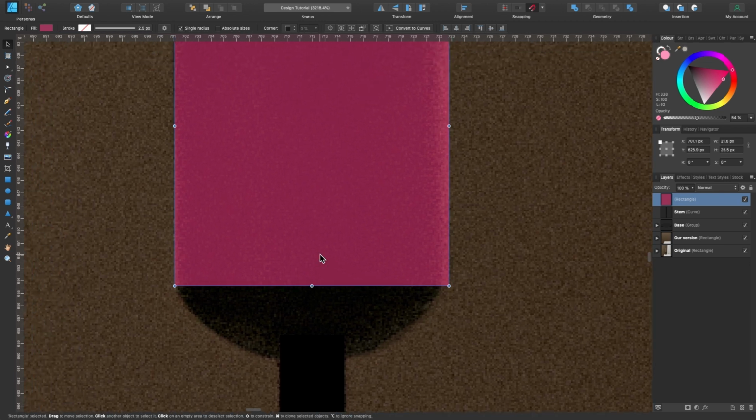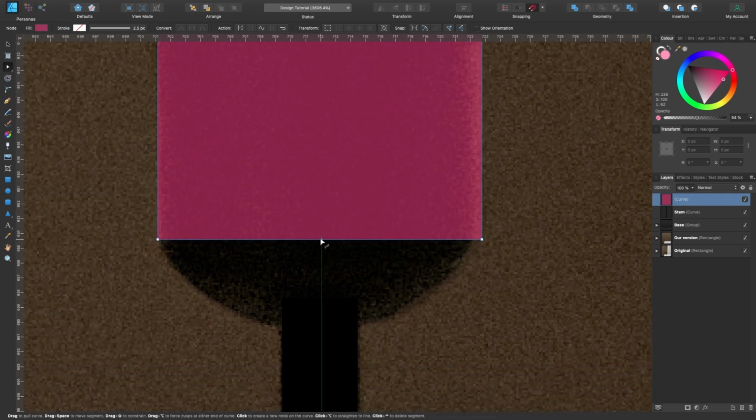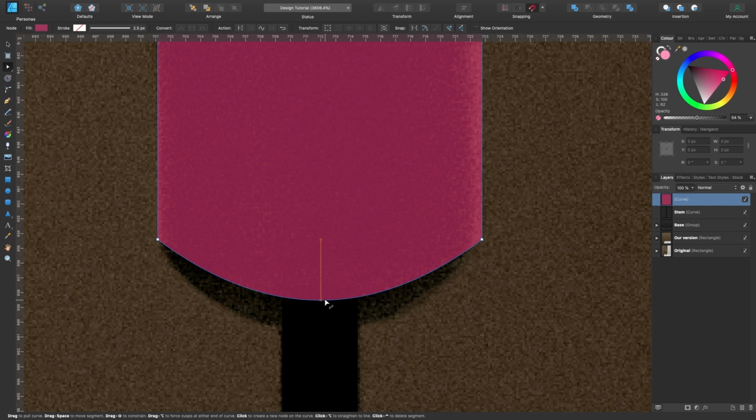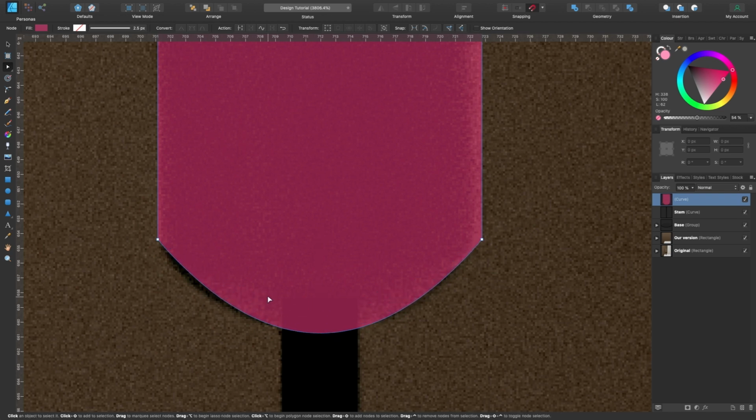And the next thing I'm going to do is click on Convert to Curves. Click on that and now change to the node tool, which is A. And here I'm going to go kind of to the center, and you can see it's kind of snapping. I can see it's the center of that stem. Zoom in a little more. And I'm going to click and drag down, but I'm going to hold Shift as well to keep it centered. You see here? So it's not deviating again. And I think it ends around there.